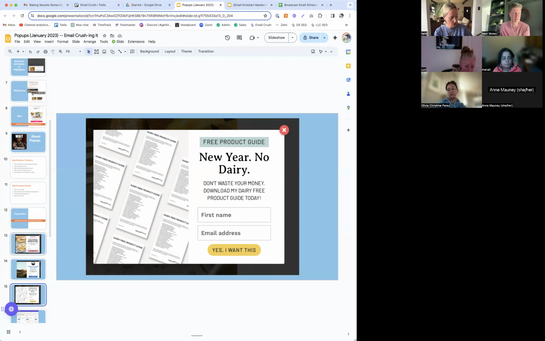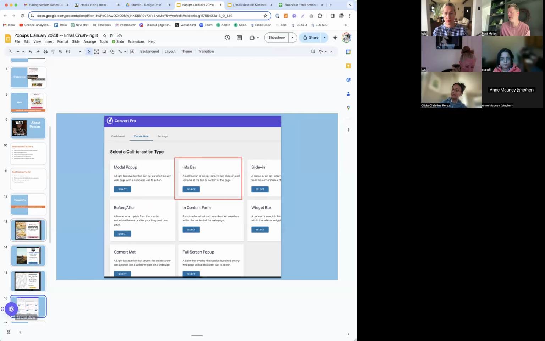The thing that stinks about ConvertPro is I've never been able to get the stats to work right. So I couldn't tell you conversion rates very well. But for those of you who are looking at this from a budget perspective, but you don't like the free one that comes with whatever your platform is, you might try this. It also has other things in there with ConvertPro, info bars that go at the top, the slider swoopy thingies. I think that's the technical term for it. There's lots of different things that you can do.